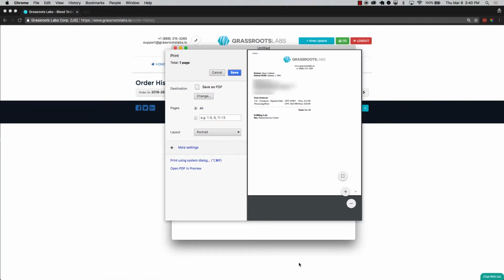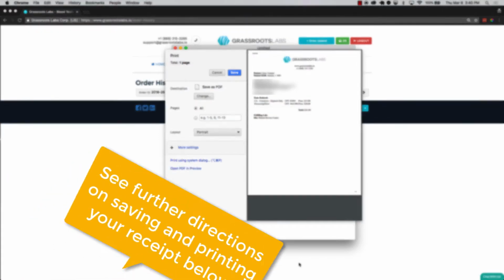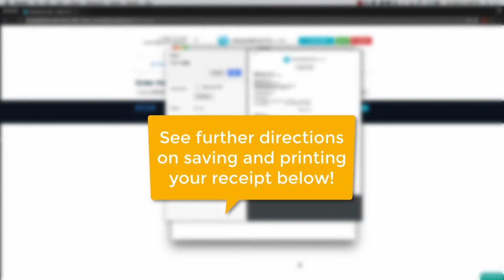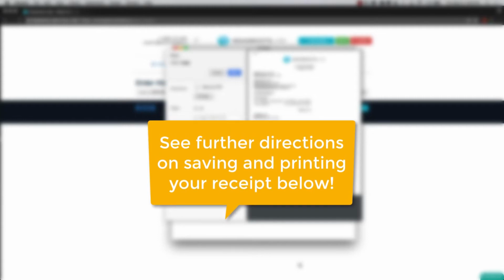This will open an operating system print dialog box where you can either print to your local printer or save the document as a PDF file. For more information on how to save the receipt to a PDF on your specific computer, see the help links